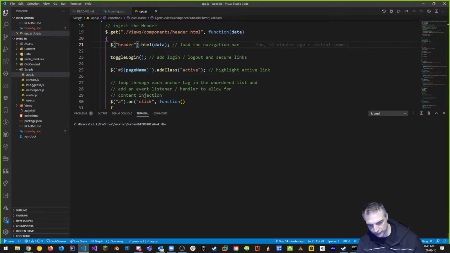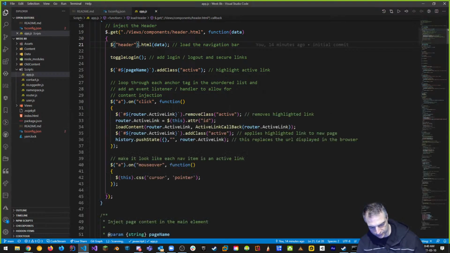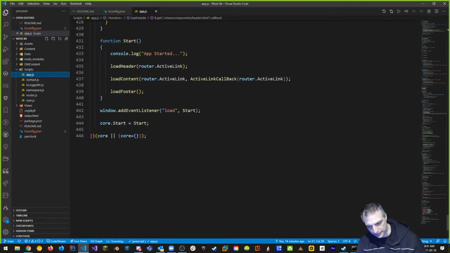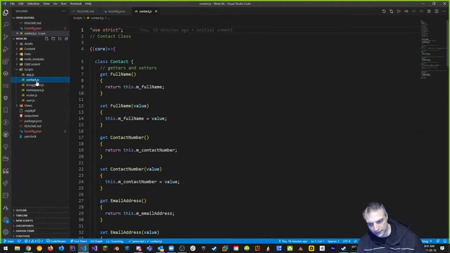I want to start the conversion process now. That's our exercise for this week. Today we're going to do the conversion, and then tomorrow we're going to add additional functionality. So let's go back into my app.js, and my app.js is a lot of lines of code. Right now we're sitting at around 450 or 500 lines of code. That's a lot to convert at once. Let's start with something smaller. We're going to start with our contact.js.